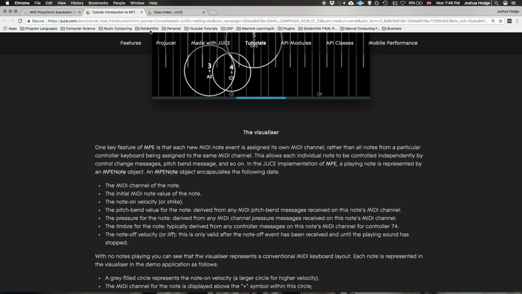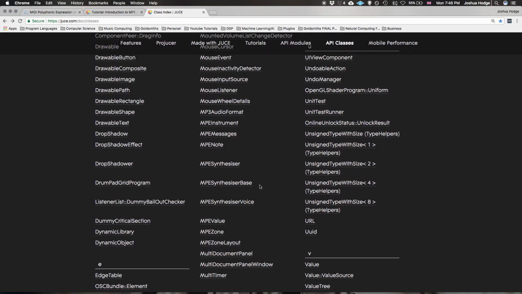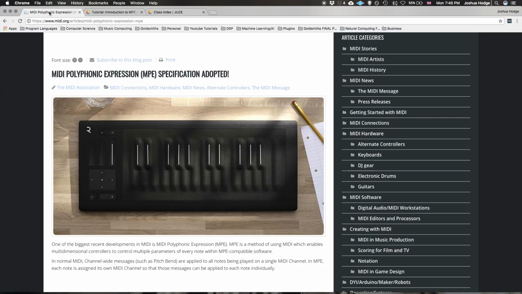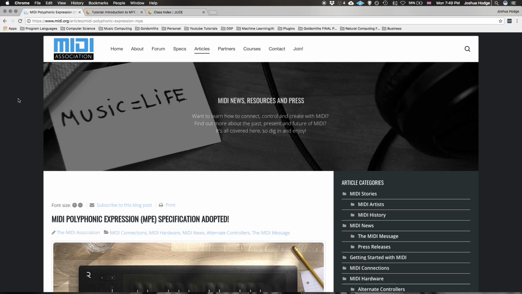And just to show quickly that Juice does have a number of MPE classes for developing these types of instruments. So if you're developing any sort of software instrument that imitates anything that needs to have underlying levels of expressivity, you may want to take a look at some of these classes and start taking them into consideration with your development. So that's just a quick rundown of what the MPE standard is, and I think it's a bit of information and a bit of news that's going to really change the software music industry and the hardware music industry as